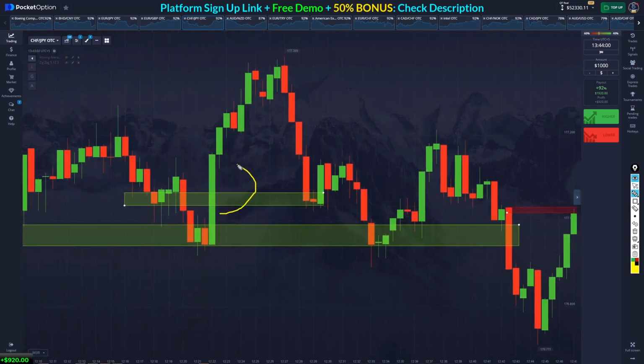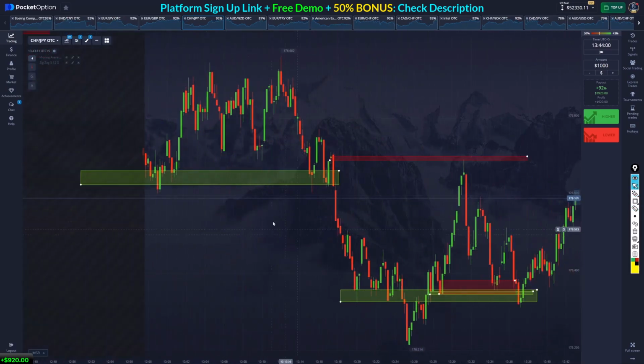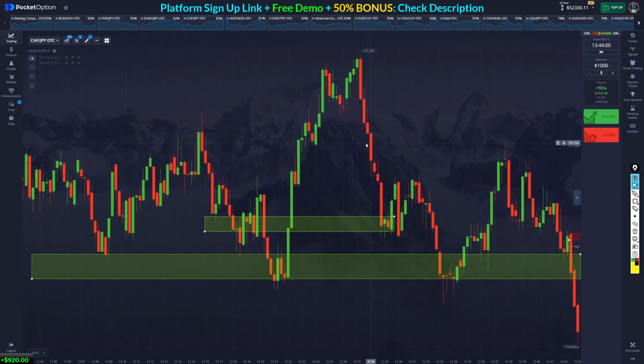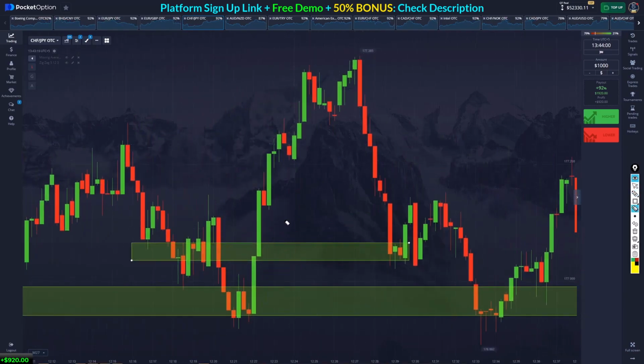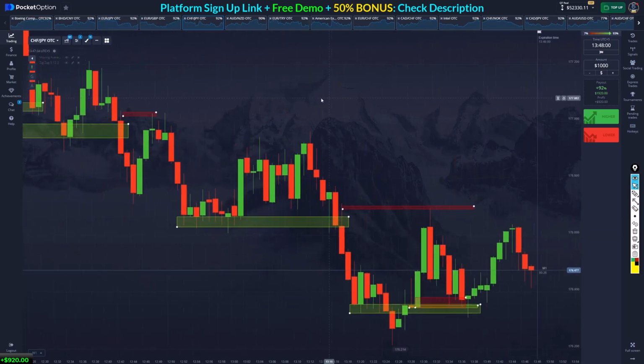Okay, do you see any fresh supply right here? You don't see that. Let's go to 15 seconds. You see any fresh supply right here? You don't see that. The fresh supply is down here. You can see that. So the price reacted from this area. You probably would take a doji break on 1 minute, and then it came down to this fresh supply and jumped up. Okay. If we go back to 1 minute,